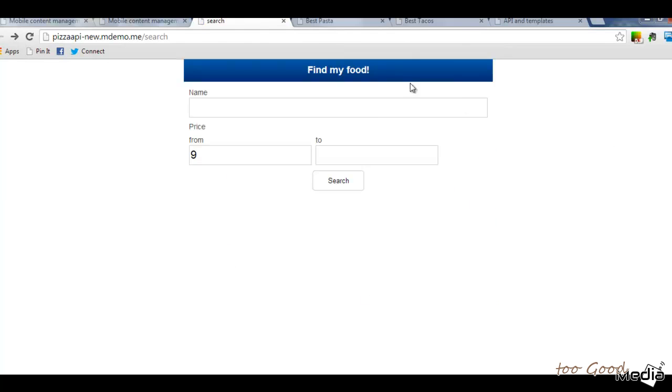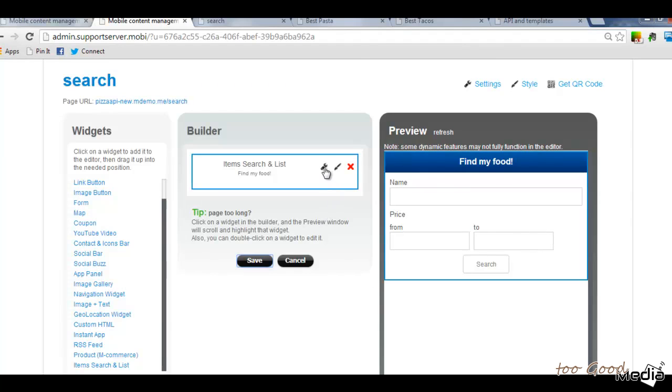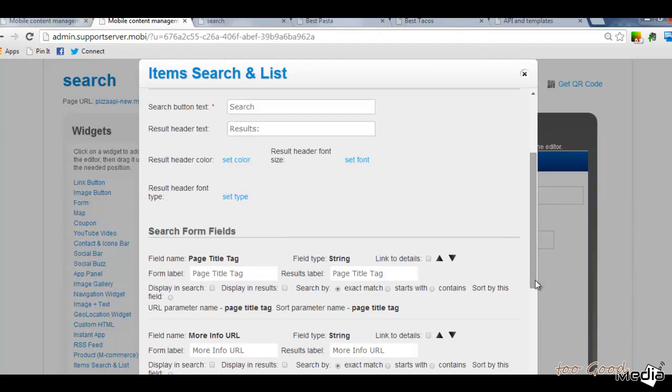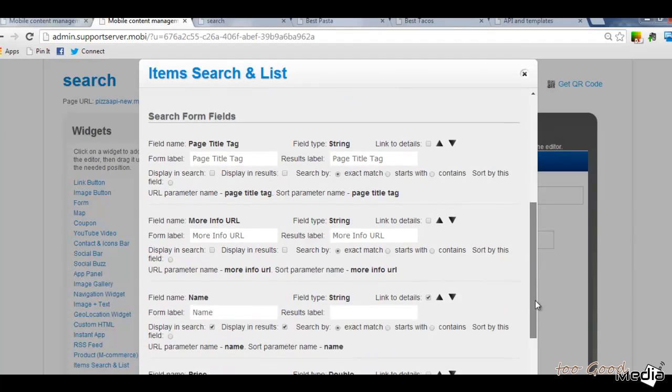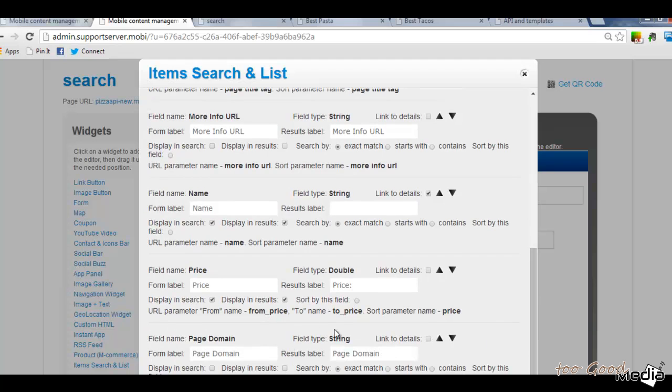So this is it in a nutshell, and the second thing I'd like to show you is how to use the URL parameters to display a list of data based on certain parameters. For instance, every item here has a line that shows the URL parameter name. So if I would like to show items that start with $10, all I have to do is copy this from price, URL name,